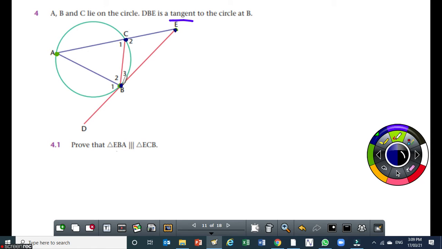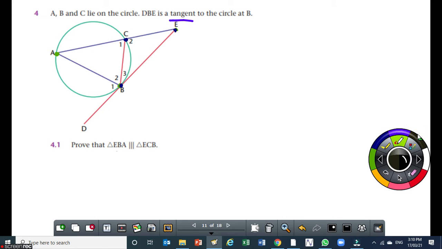So we want to prove that those two triangles are similar. Now, what did you notice first, even from the name of the triangle? They share what? A common angle. Or they share a common vertex, but we are talking about angle, so the proper answer would be the common angle. So we say in triangle EBA